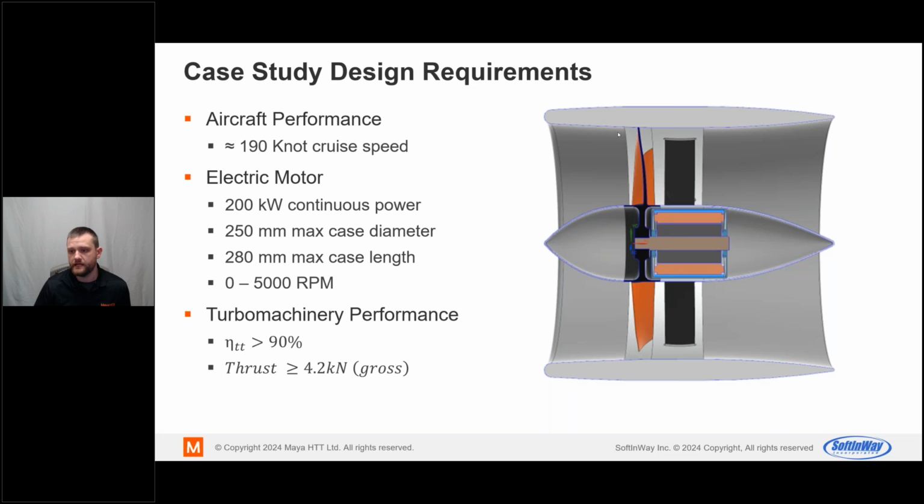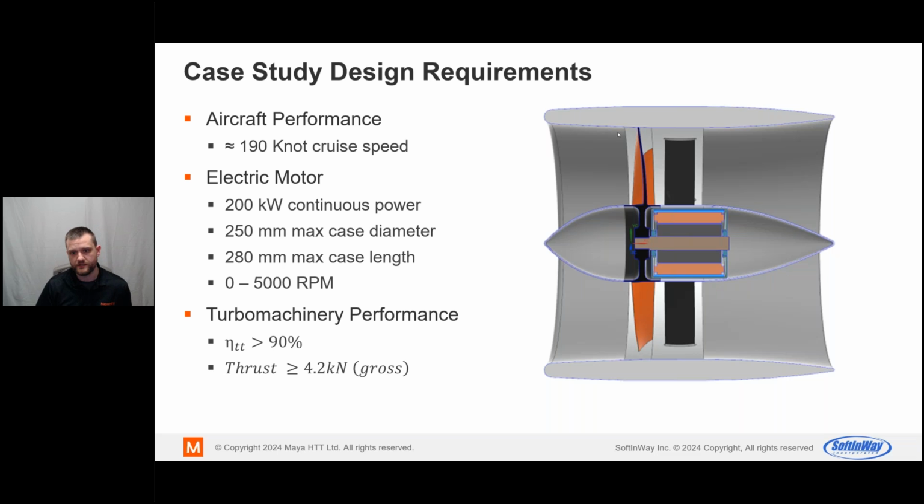So we chose a case study on this, our electric ducted fan case study here, for aircraft performance. We're trying to hit a cruise speed or probably a top speed of 190 knots, which is fairly lofty, but we're trying to get some places here. On our electric motor side, we're looking at an electric motor for this case of around 200 kilowatts.